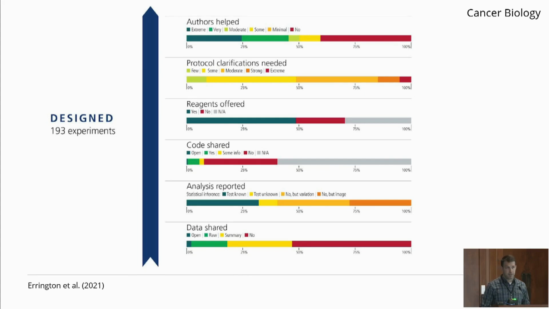And in the reproducibility project Cancer Biology that focused on preclinical research, we observed similar things. So we looked at the accessibility of data, code, research materials, and clarity of protocols. And we also assessed authors' helpfulness in the process. And if accessibility and sharing was high, what we'd expect to see on the screen is a lot of green and very little or no yellow or red. But with every aspect, barriers were encountered to accessing the underlying information of published findings.